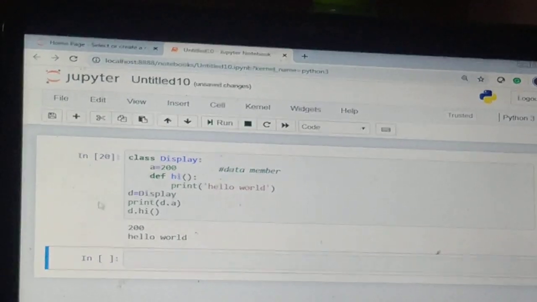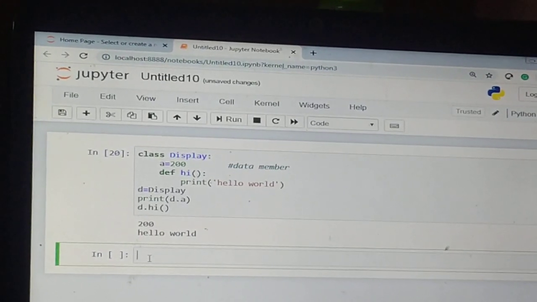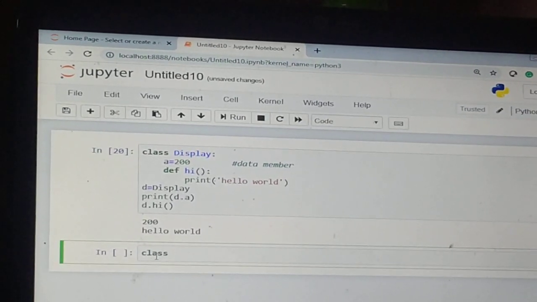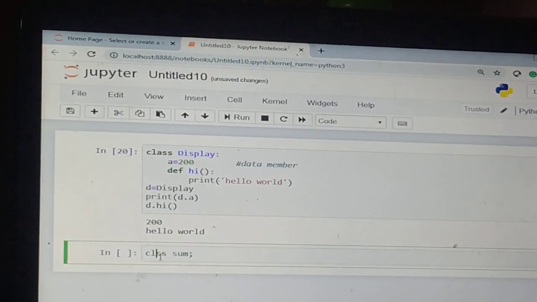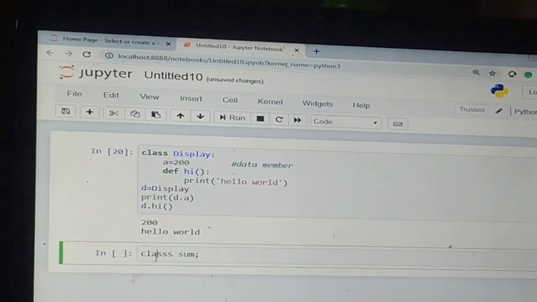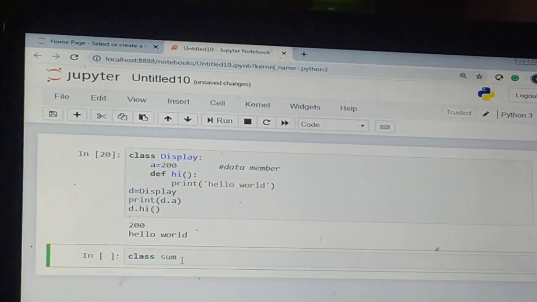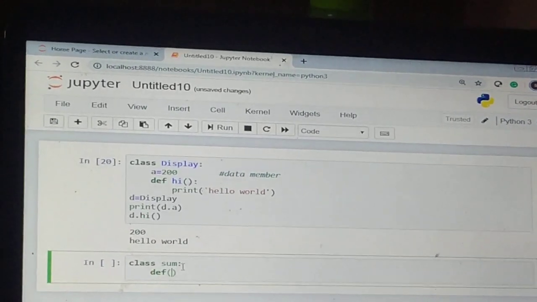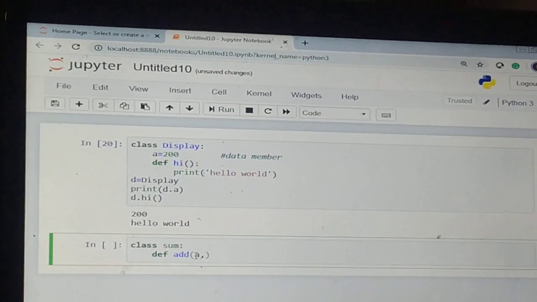Okay, the next program I am going to make performs the addition of two numbers. Again I have to define a class, so class Sum, and I have defined def add(a, b).